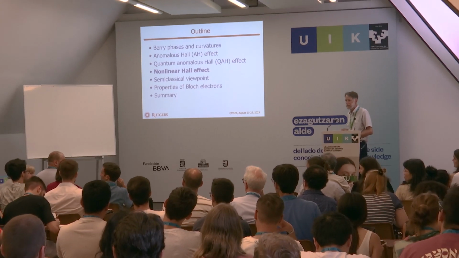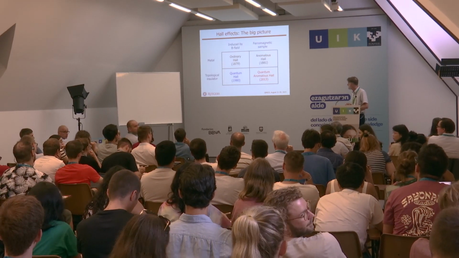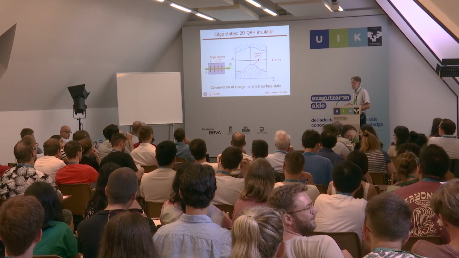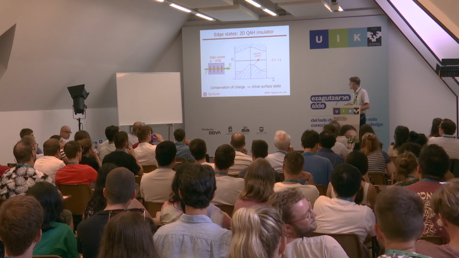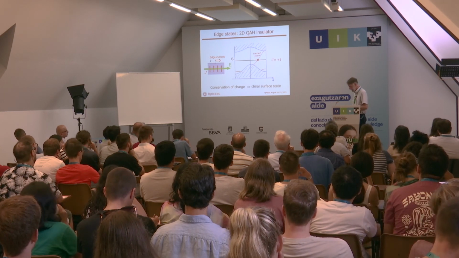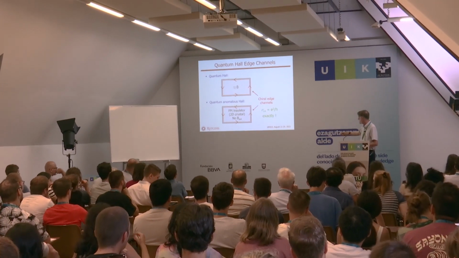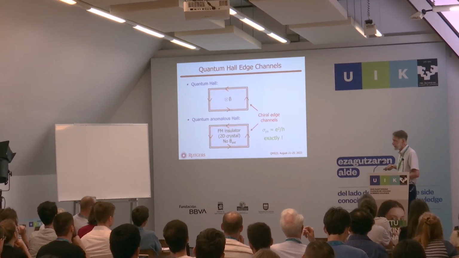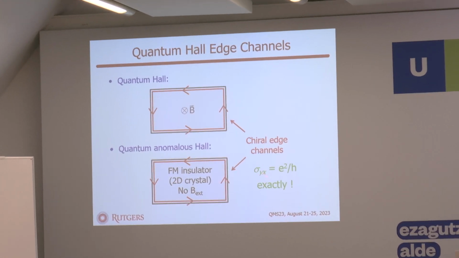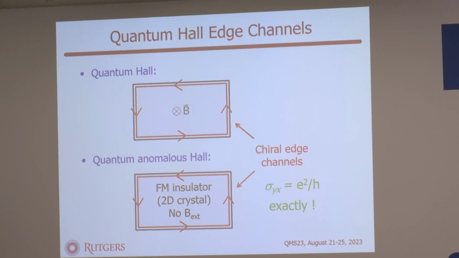Yes? One very main question. In the picture that you showed three-dimensional, yes, here. Why is the direction of J perpendicular to the direction of the electric field? Well, so the question is, why is the current perpendicular to the direction of the electric field? Because the anomalous Hall conductivity that we're talking about is always a transverse conductivity. So sigma yx means that you apply an electric field in the x direction and you get a current in the y direction. And it's a dissipationless current for that reason, because the electric field was not applying